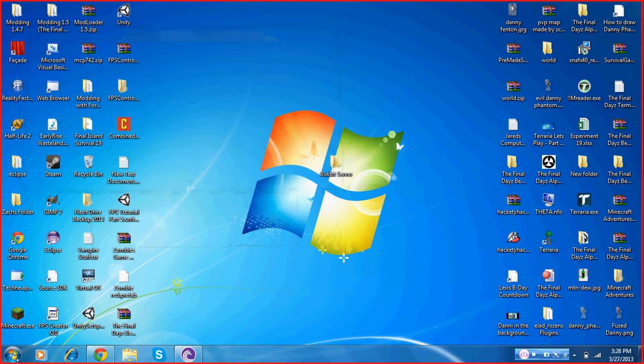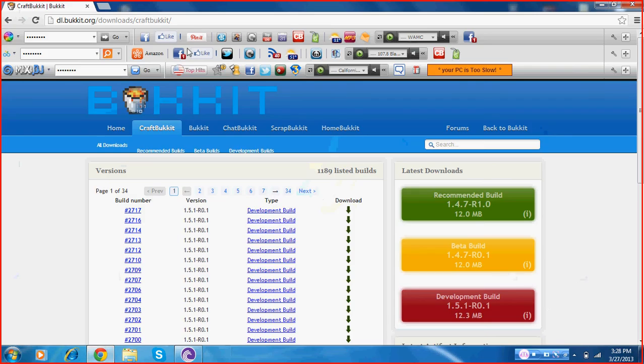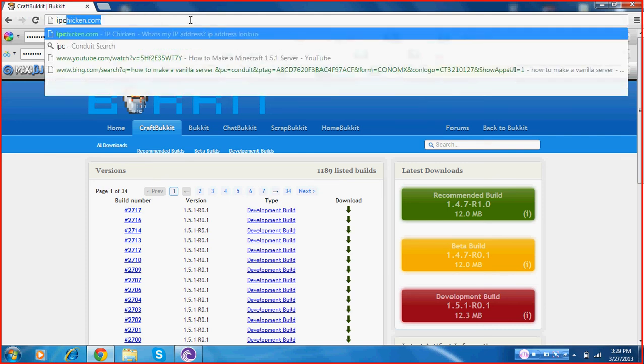Okay. And now this is if you want people to be able to join your server. You need to figure out the IP address. Now for us, if we want to join, we just type in localhost. But if you go to ipchicken.com,